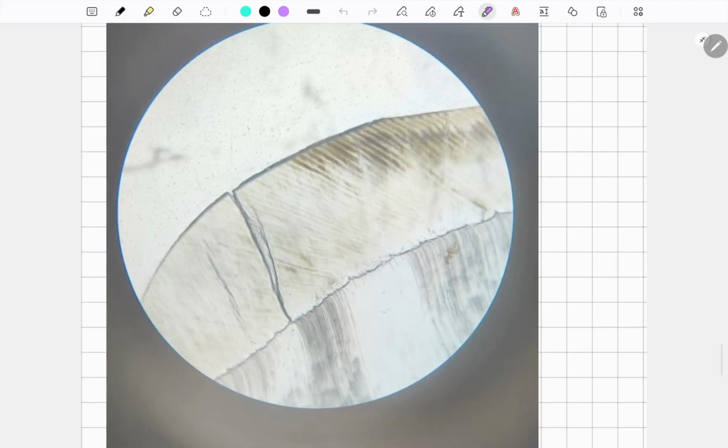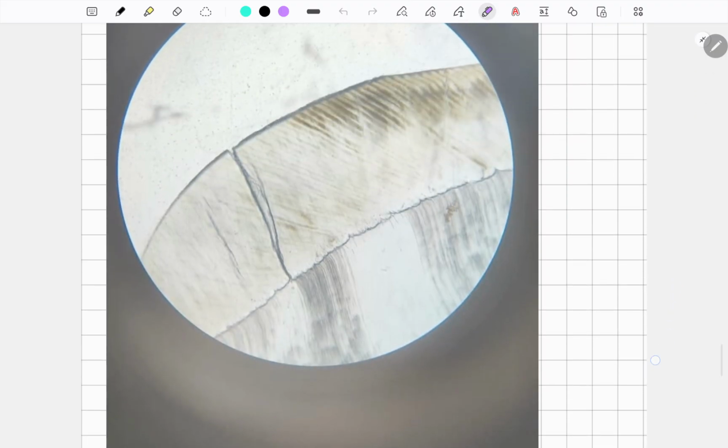This doesn't show a particular thing, but you can write that this is dentino-enamel junction also, or you can write incremental lines of enamel also. As you can see over here, enamel is more and dentine is less. So this will be related something to enamel. So you can write dentino-enamel junction also or incremental lines of Retzius also. But in diagram you need to mention everything, like this is dentino-enamel junction, this is incremental lines of Retzius, this is enamel, this is dentine, this is S-shaped dentinal tubules, everything.